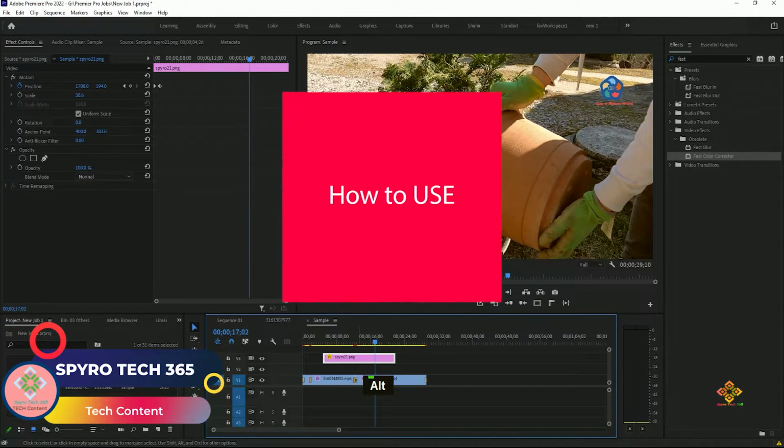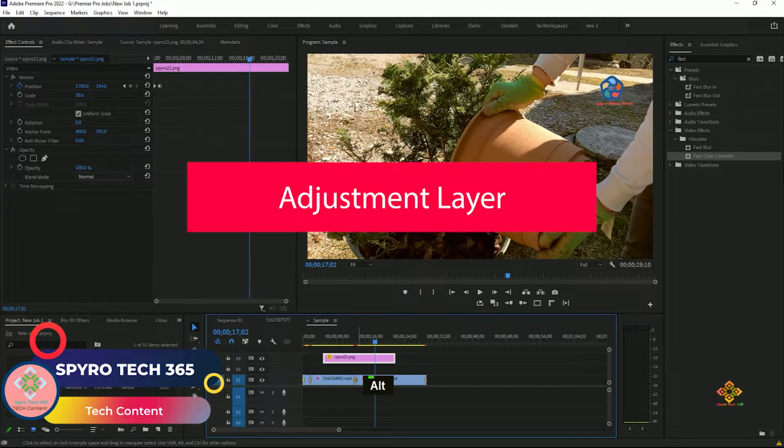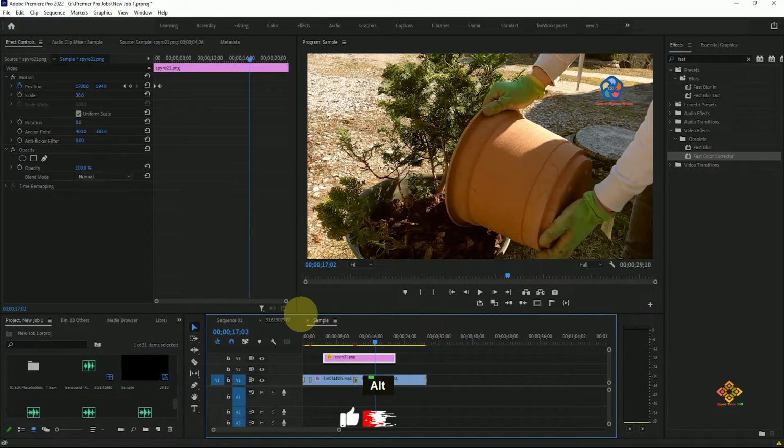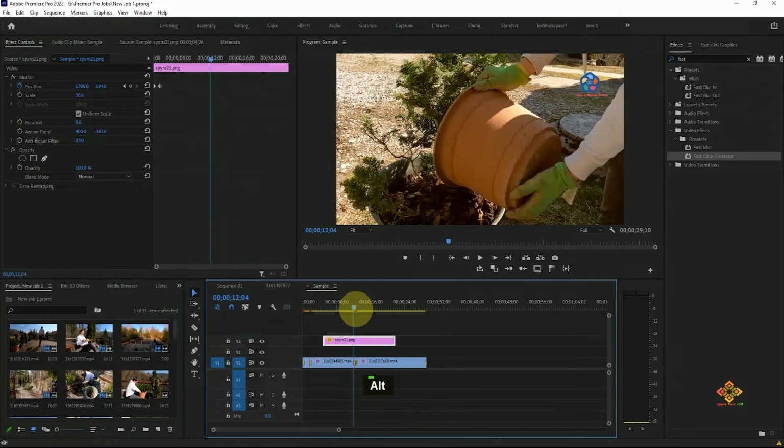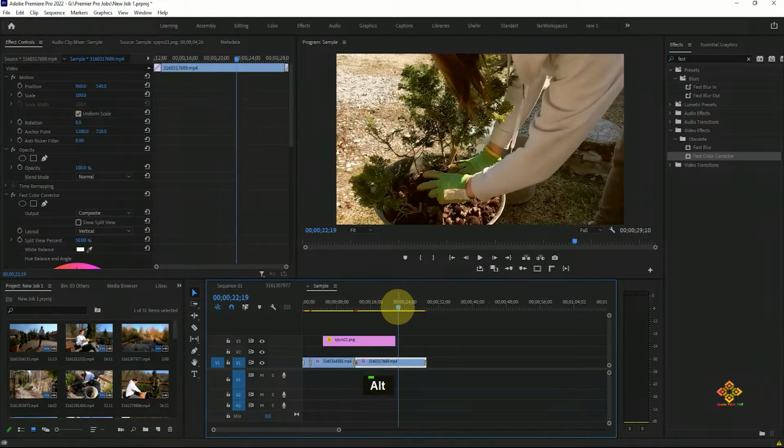In this lesson, I am going to discuss the adjustment layer. So what is an adjustment layer? An adjustment layer is a layer by which we can apply effects and presets so that we don't need to change anything on our original footage. We can use an adjustment layer to change anything on a single clip or multiple clips,